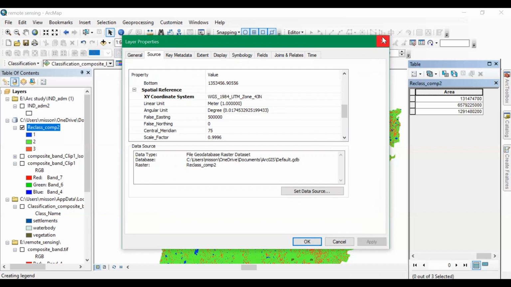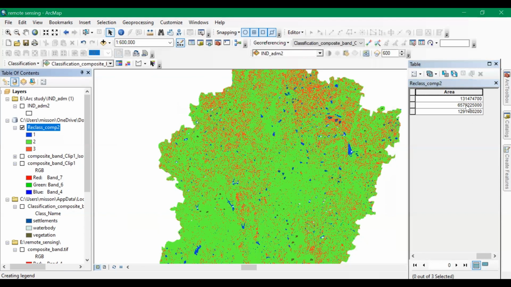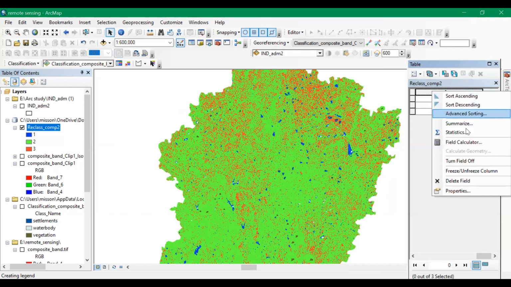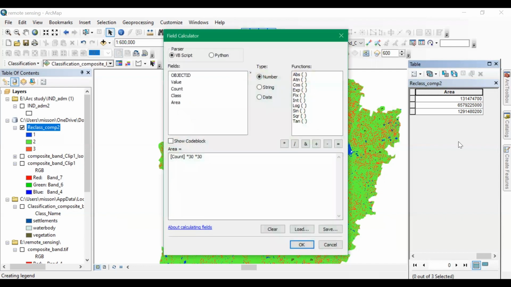Now for this one, this is in meters, right? By default, here it says meter. So if I want it in, let's say, square kilometers, what I need to do is, again, right click on this one and then Field Calculator. Here, this is in square meters. To convert it into square kilometers, for conversion,